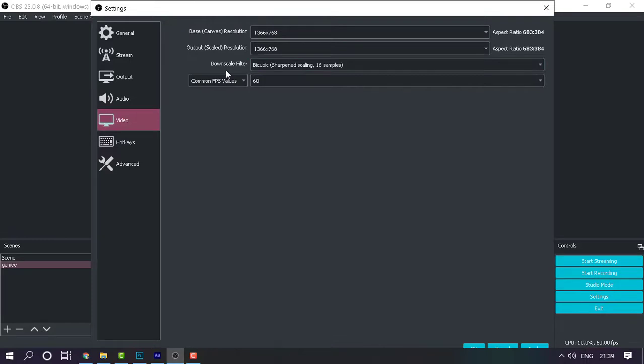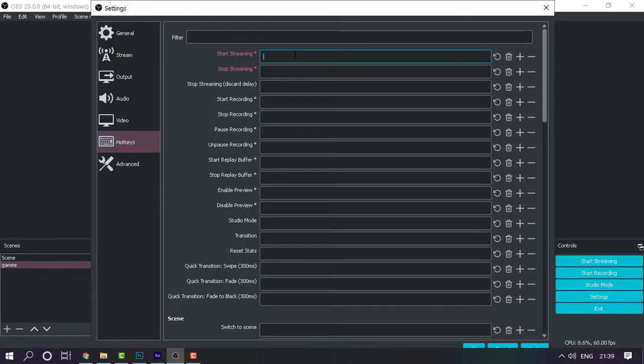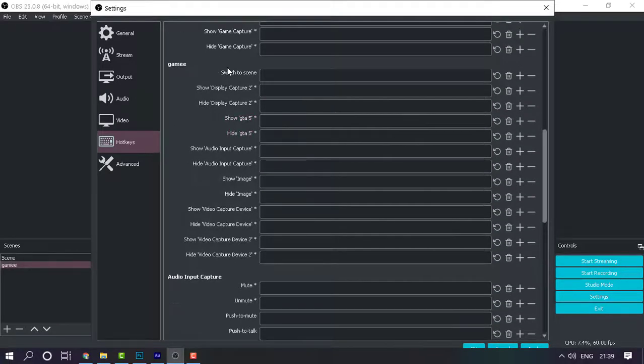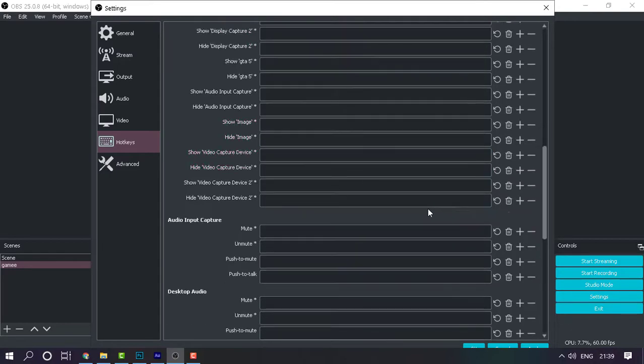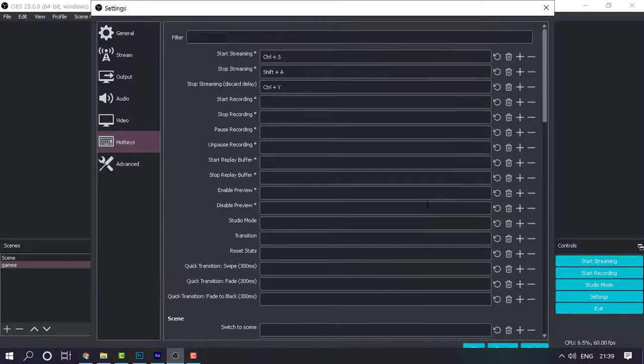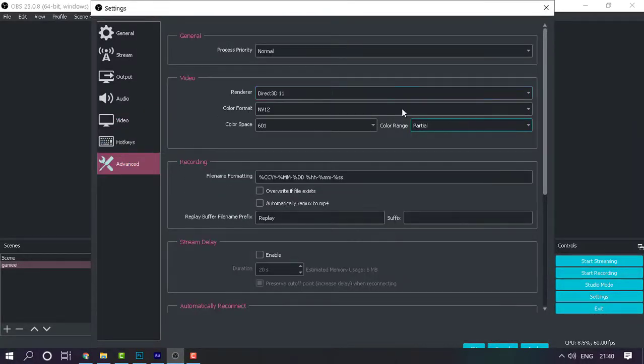Next up we have video, in which you can select the input resolution as well as the output resolution that is required for your video. Next up we have hotkeys, in which you can assign a hotkey for every scene that you have created, which makes the shuffling of the scenes pretty easy. You have the option to set up hotkeys for each and every scene that you have created as well as each and every source. So it is very easy to shift between those and create a great video. Lastly we have advanced settings where you can choose the graphics cards as well as the graphics that are used for rendering of the videos. So yeah, better not to disturb those settings. The default one will do a great job.